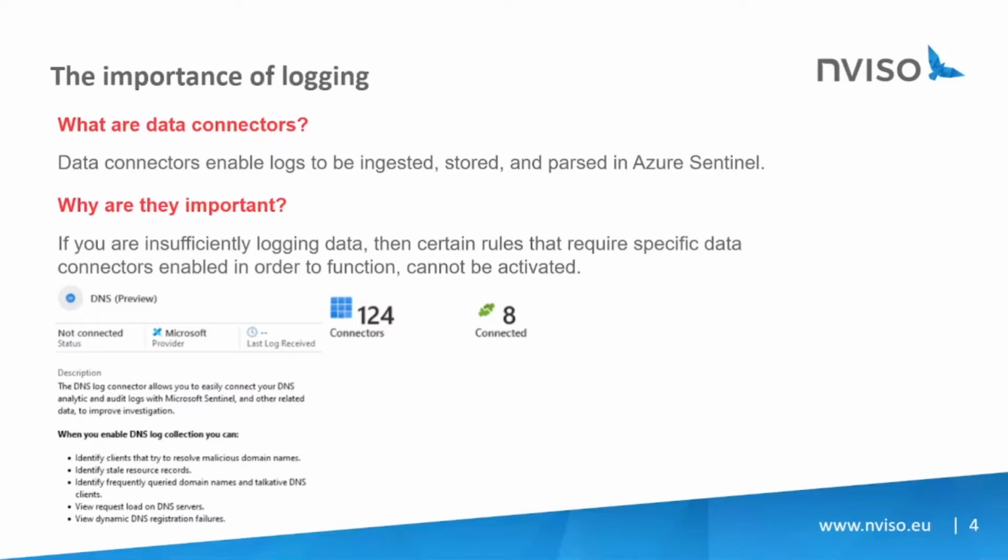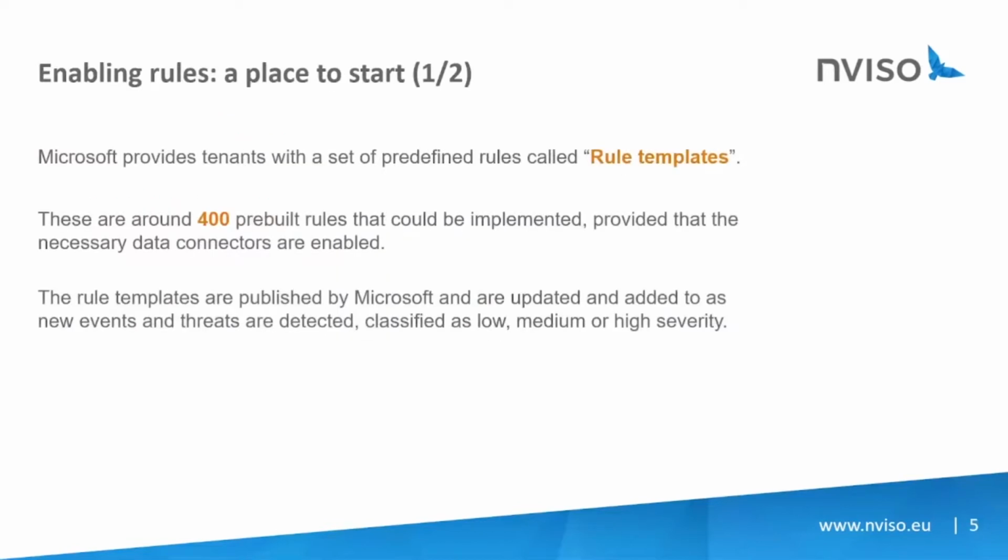So why is this important? Well, basically, if you want to create a rule that, for example, triggers on DNS requests, the DNS data connector must be enabled. You can't create a detection query for DNS events if you're not logging DNS requests in the first place. So as you can see, there are a lot of data connectors that one can onboard and collect logs from, and I've included a screenshot of the DNS data connector. So moving forward,